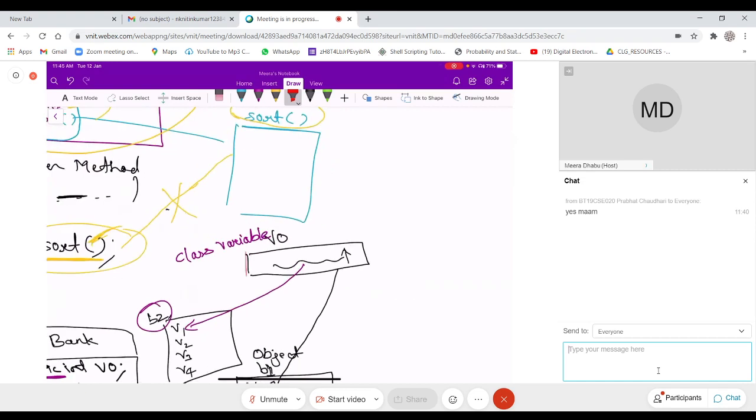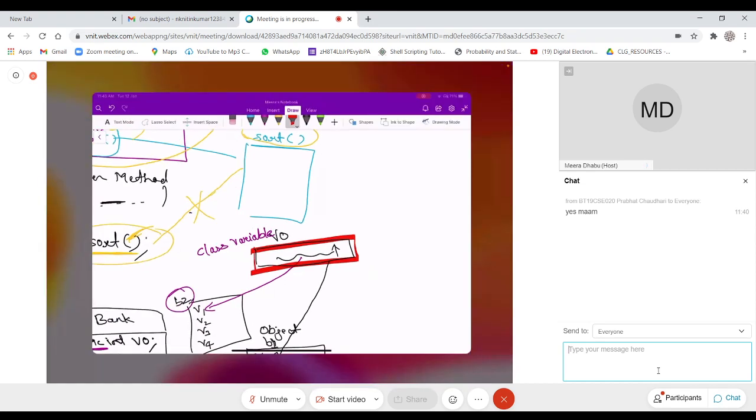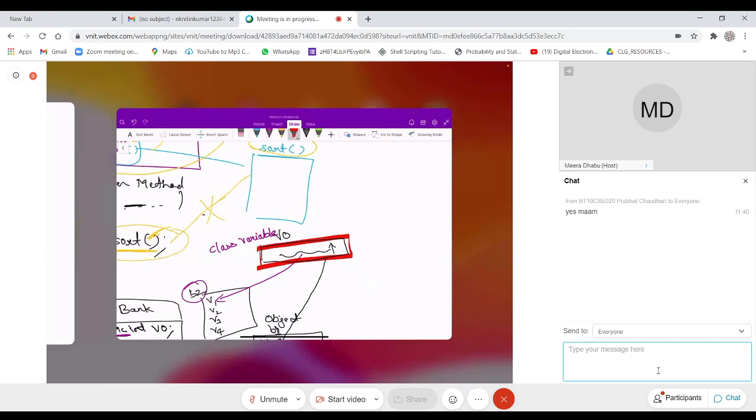Then I talked about inheritance, and then I talked about polymorphism also. Is this clear? So today I will just introduce you to the C language and the C++ language, and in the next class we will start the actual